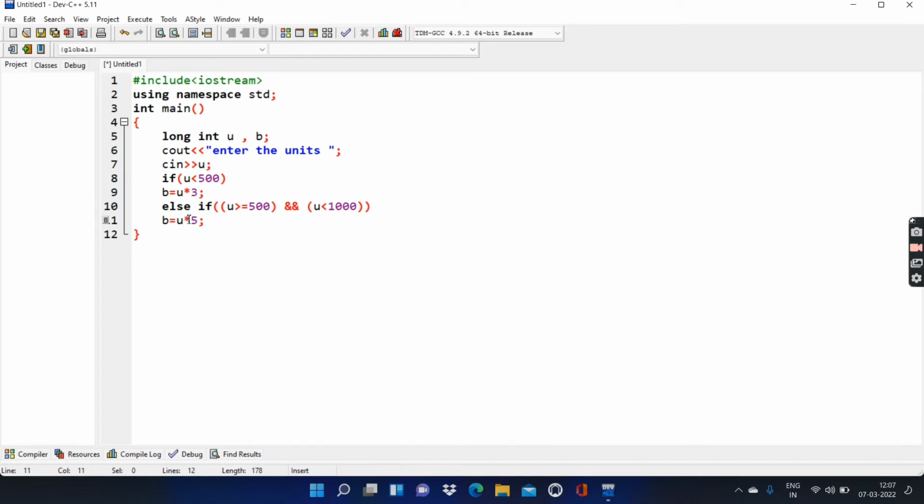Okay, 5 rupees per unit. Okay, we will add our second condition, third condition. Else if in the round brackets, add one more round bracket, unit is greater than or equal to